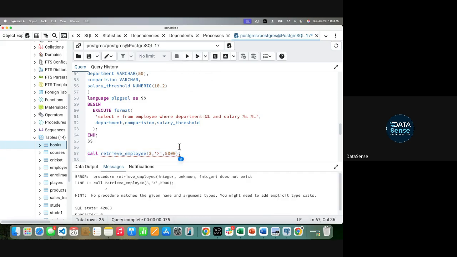It gave me an error, right? Is it clear?